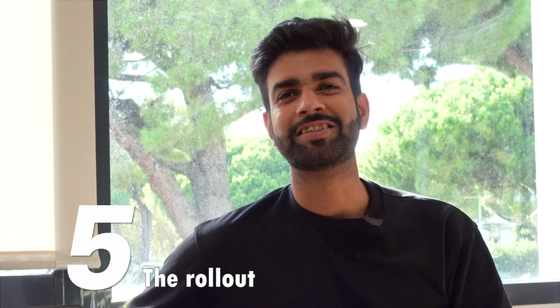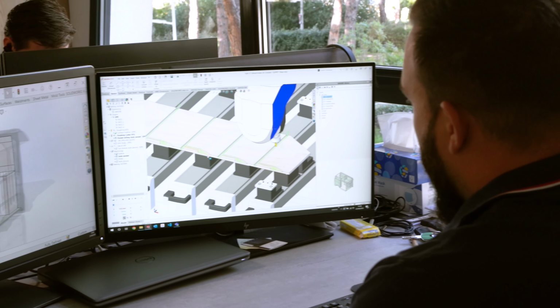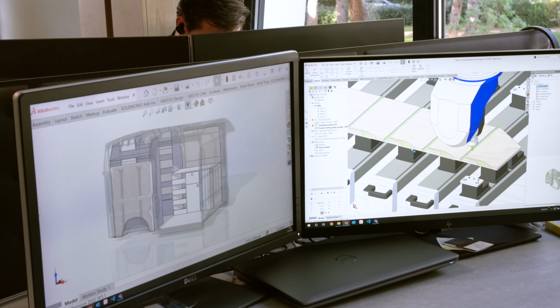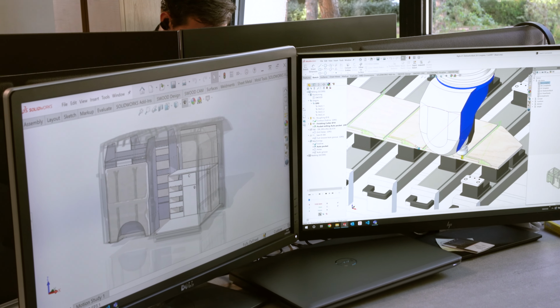And the final step is the rollout. Our new features of the portfolio are then ready to be used in real cases with complex projects. All these features are developed with the end user in mind. These features are developed to provide you with more options and make your life easier when designing and manufacturing. They are industry specific and can help you finish those dream projects, just like my croissant.